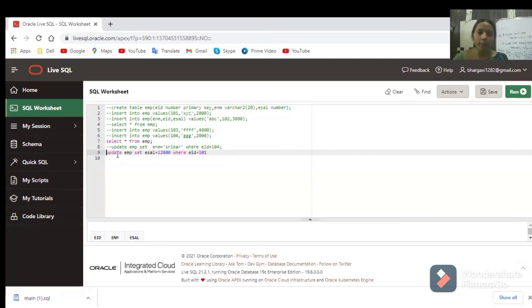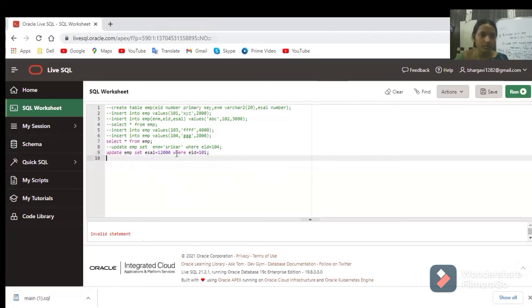I'm doing UPDATE employee table SET employee salary equals 12,000 WHERE employee ID equals 101. So what will happen with this statement? Wherever employee ID is 101, only that particular employee's salary will be updated as 12,000. Say run.